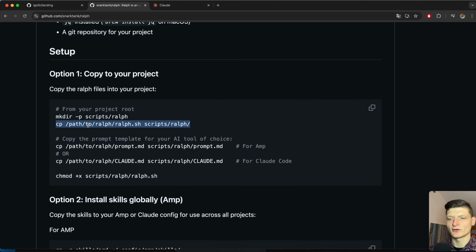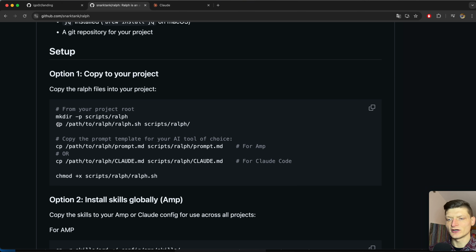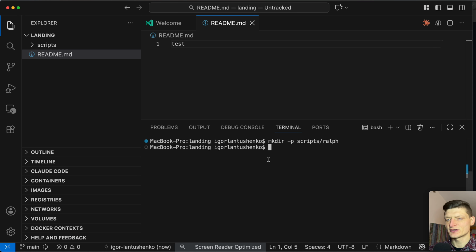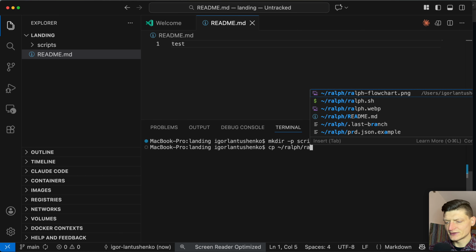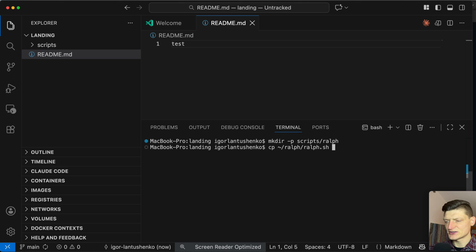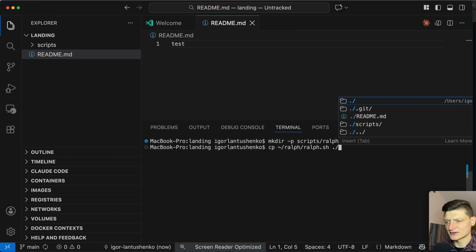In order to set it up locally, first we need to create a scripts/ralph directory. Next we need to copy Ralph as a script, and in order to do that, let's get our Ralph repository, ralph.sh, into where it states scripts